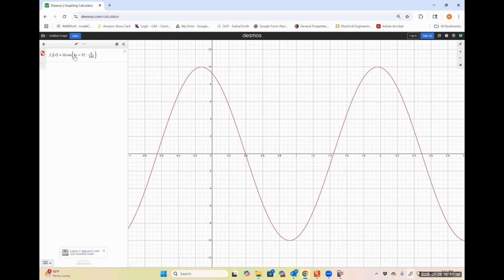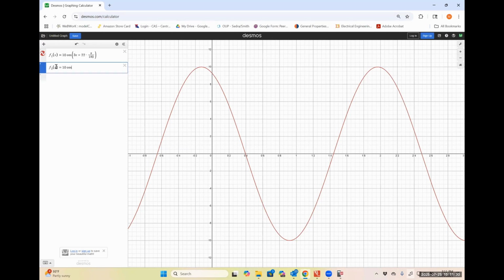X is just our variable. And then this 22 times pi over 180, that's our phase angle, which we haven't talked about just yet. And that's just me converting it into radians because the default setting for this graphing calculator thing online is in radians. So if we compare that to